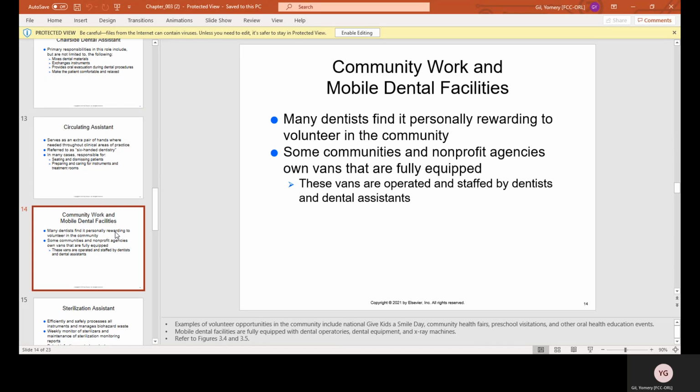So community work and mobile dental facilities. Many dentists find